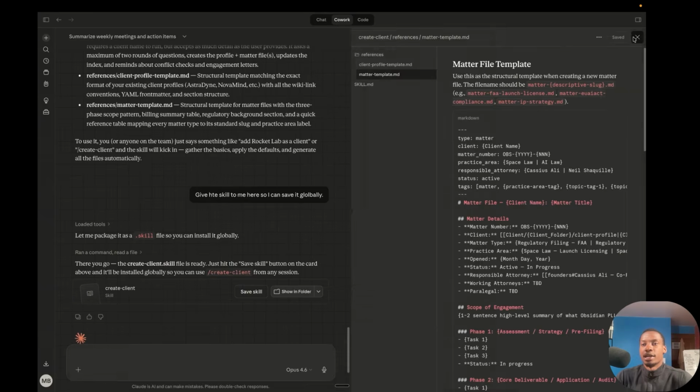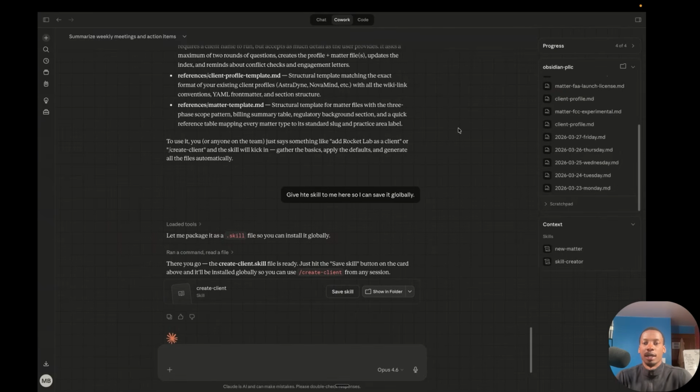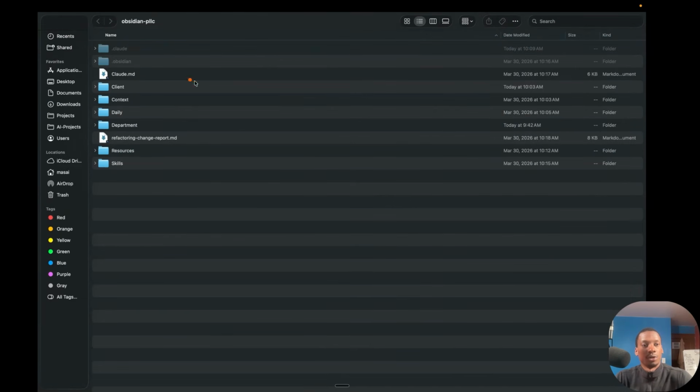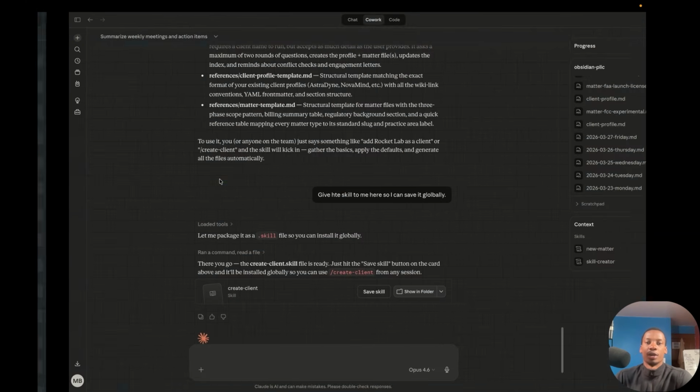And so creating a client is a really basic example, but you can then apply this sort of skill and also this idea of having the living folder here with all your firm's context in it. You can apply that to any sort of process you're doing in the firm, because the whole idea is we don't really want to do anything twice. If someone's done it before, it should become a skill, and Cowork should be taking on a lot of that work moving forward.